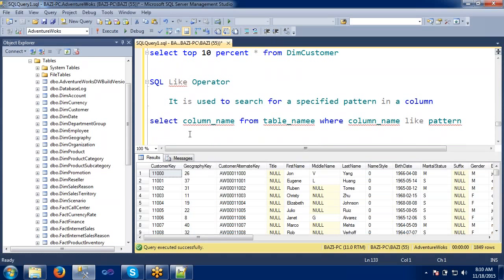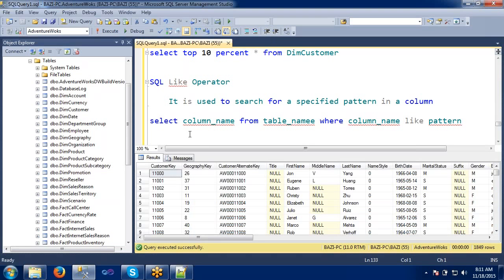So where will we use this like operator? Generally, if you want to search for a particular value in your table but don't know exactly what it is. Let's say there is a name called Tirupati, but you don't know his exact name, you only know his initial, but not his last name or middle name. In that scenario, how will we filter the data or get the particular name from that table? We will use the like operator. We'll see one example, then you can easily understand.